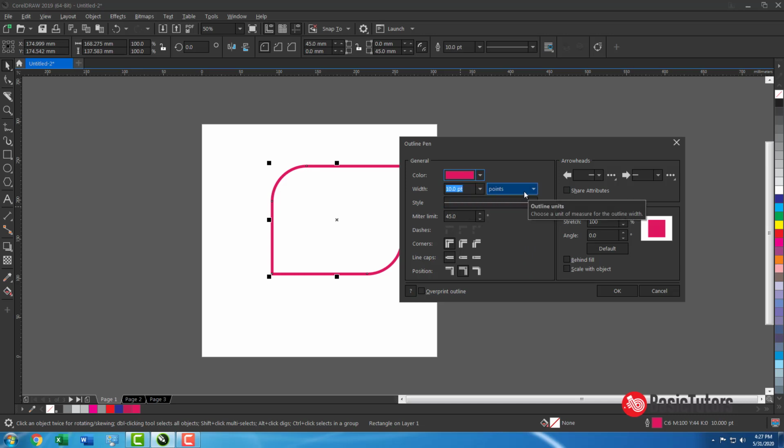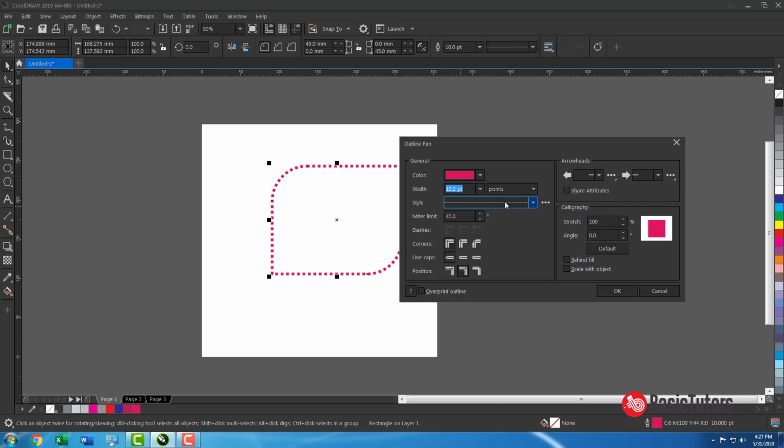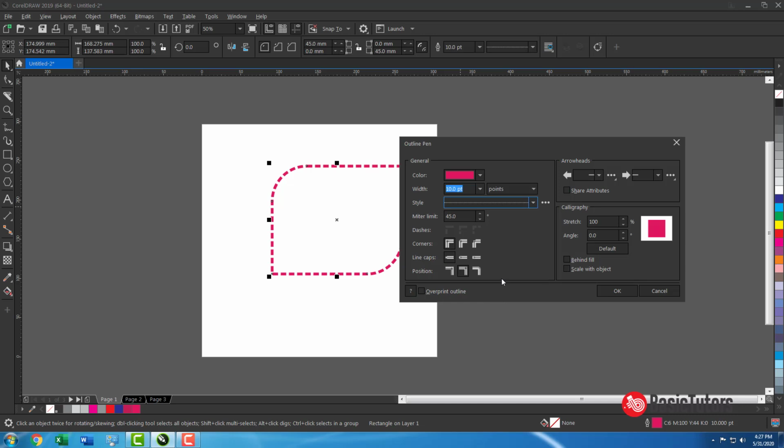This is for units like points, millimeter, centimeter, etc. And then this is for the style of the outline. For example, if you need a dotted line, you need to click here, like a dash, everything here. This is the style of the outline. Also,